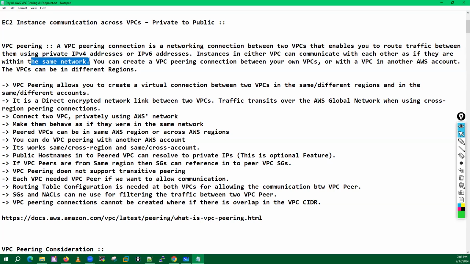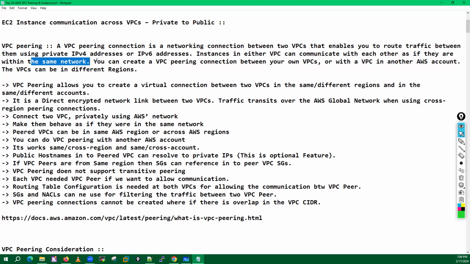It is a similar type of setup. Let me explain, let's suppose you have two buildings in your office. A couple of servers you have in building 1 and a couple of servers you have in building 2. Now, if you connect your buildings with the help of one point to point connection, and whatever communication is happening goes through that link, this is a peering type of connection.